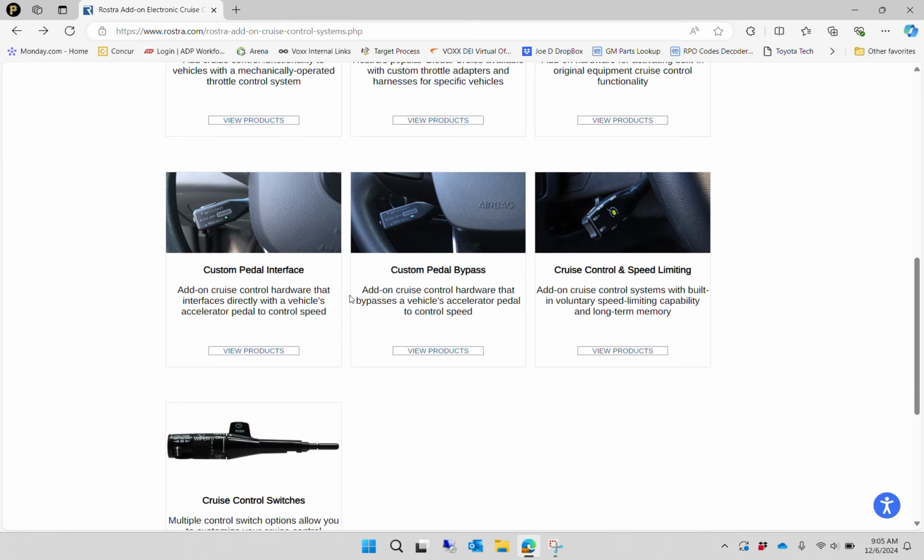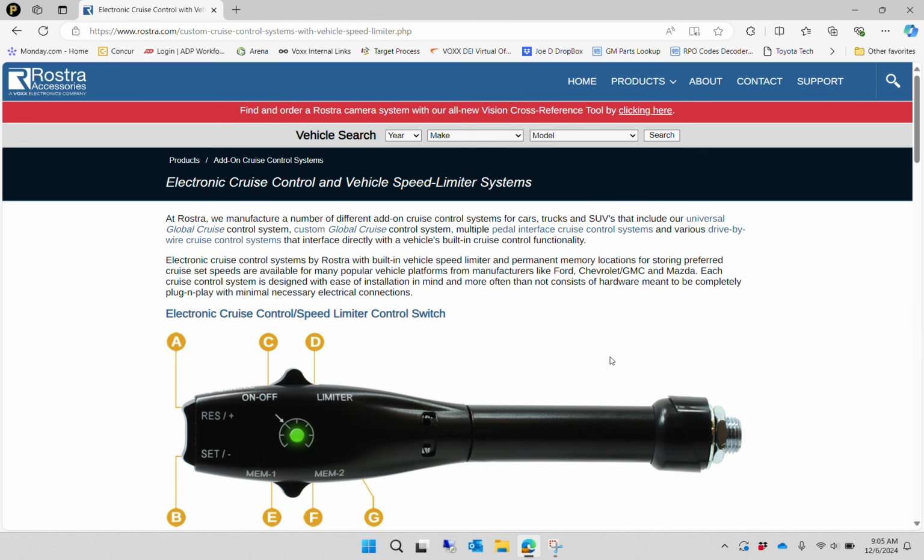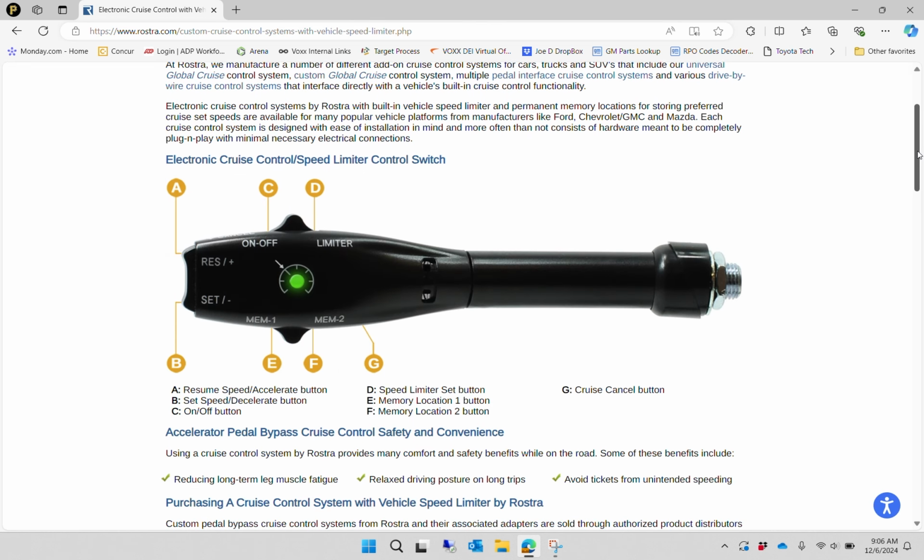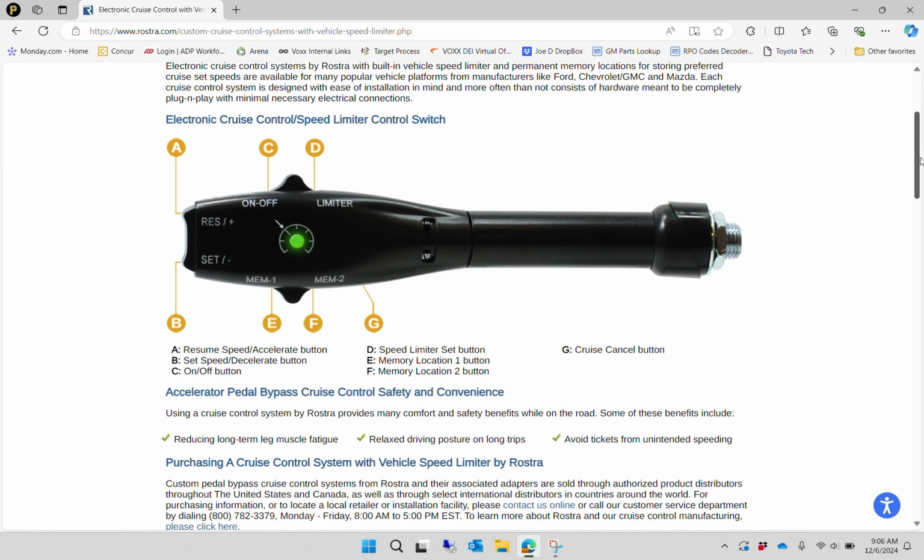So the biggest difference between your drive-by-wire cruise controls and your cruise controls with speed limiters is that we have two different options. The regular cruise control is the 250-96XX part number, and we also offer that same part number in a 250-96XX-NS. The two differences between those are the switches that are included. So the regular one includes the legacy switch, and the new switch, or the NS product, includes this new switch